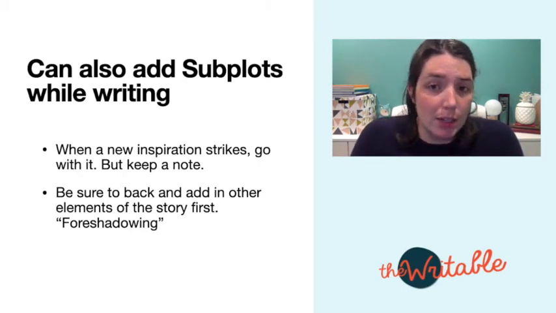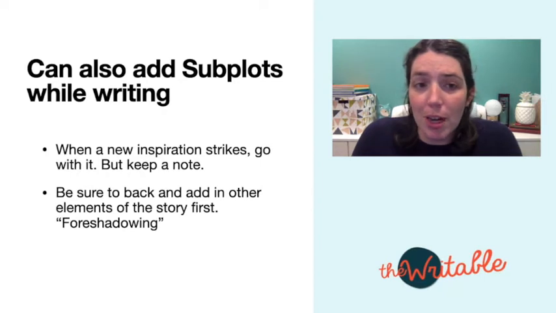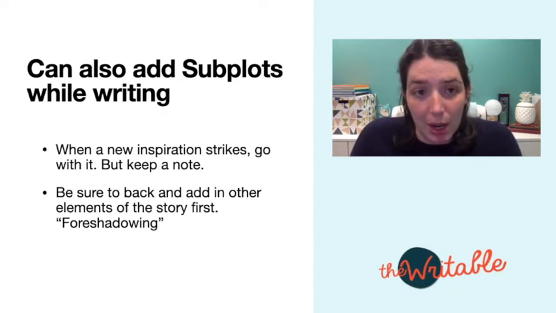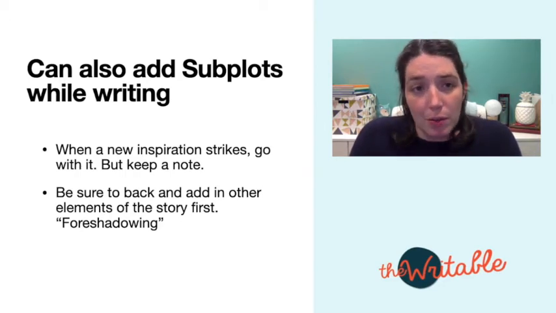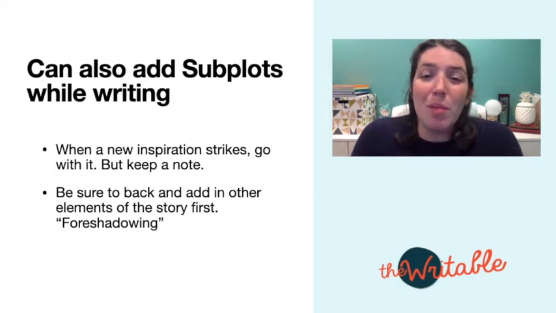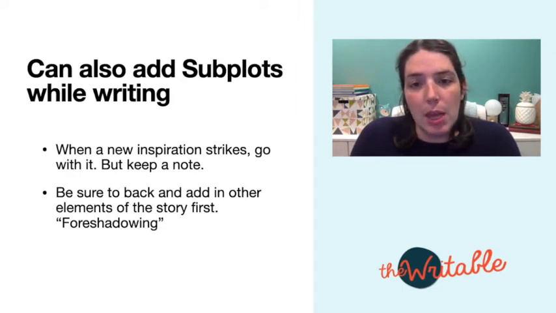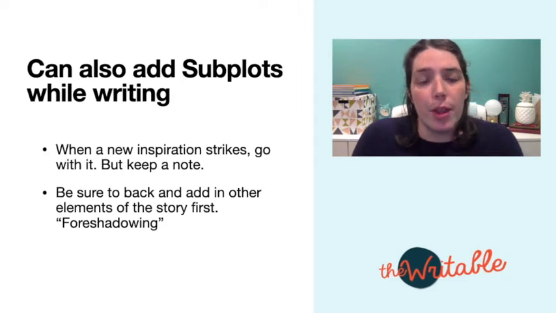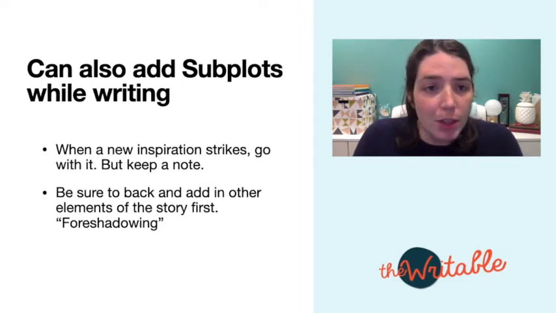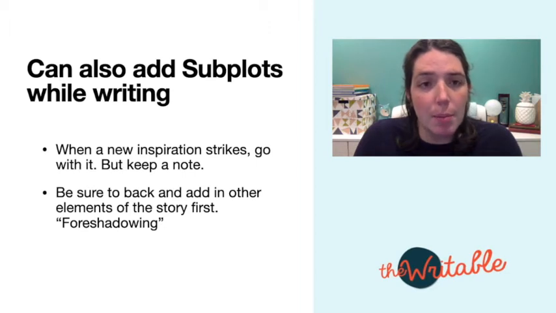So you can add a subplot before you start writing, and you can add a subplot while you're writing. And the biggest thing is just to make sure that you have those 3 to 5 touch points, depending how important a subplot it's going to be. You might have more touch points as well, and you want to have those touch points be turning points. There are points where someone has either learned new information, or there is a new conflict or crisis that's coming up.